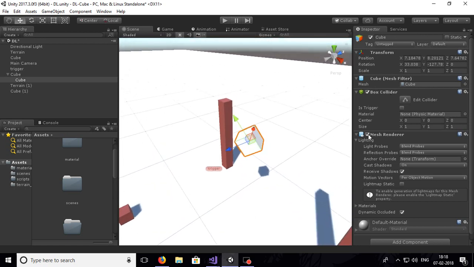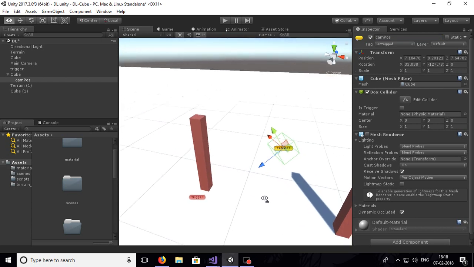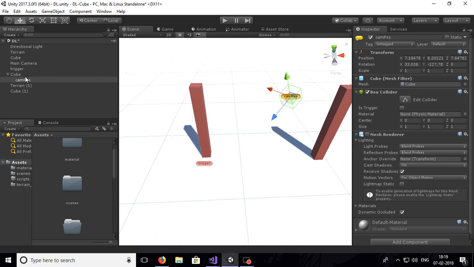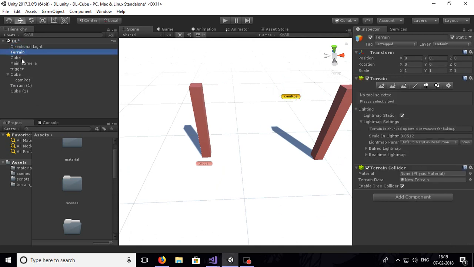Make the mesh renderer off, name it cam pose. Make the P a capital letter and tag it with your yellow color. So you can see, I named it cam pose. So here it is, our position of the camera. So let's hit it. Now go to the trigger object,